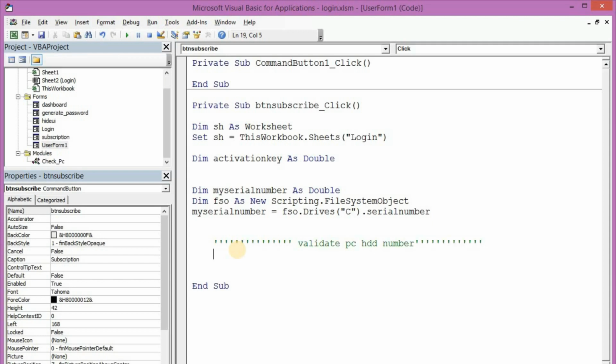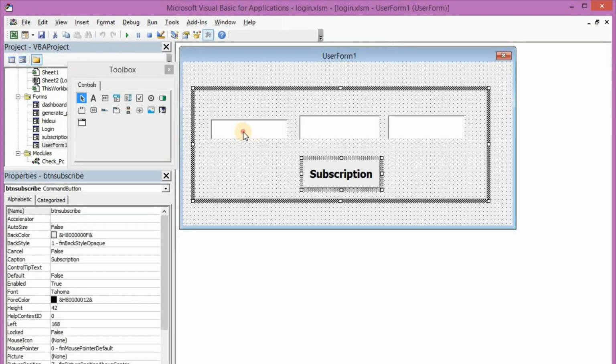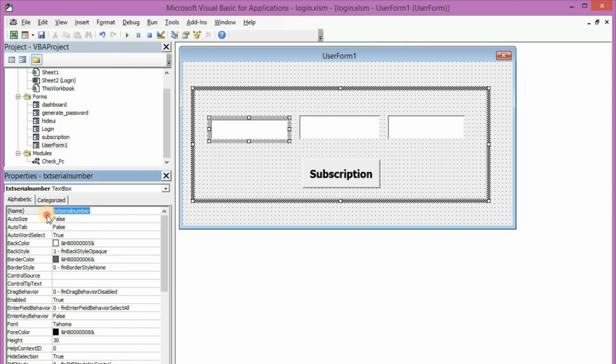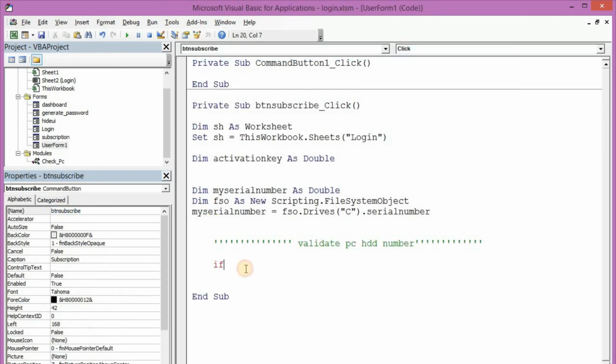So the first thing is to validate if the HDD number is correct. So then let me write this if statement. If txt, what is the first txt serial number? Let me copy it out. If dot value is equal to empty,